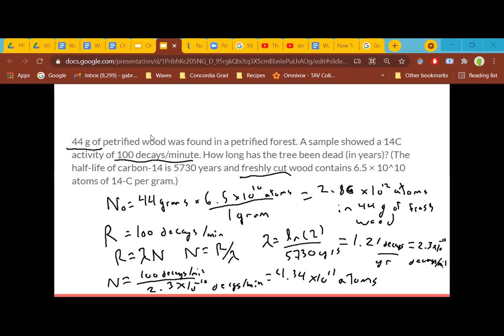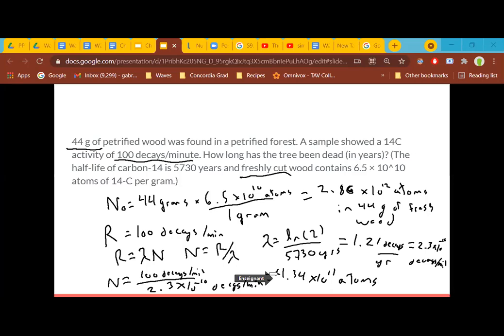Okay. So in fresh wood, 44 grams, I would have had 2.86 times 10 to the 12 atoms. Now I have 4.34 times 10 to 11 atoms in this petrified wood. So it makes sense. We have less now because the carbon's been decaying away. So why did we find this out? Well, now that you know